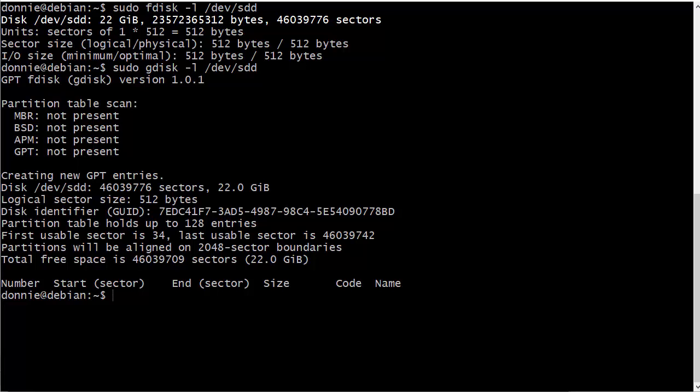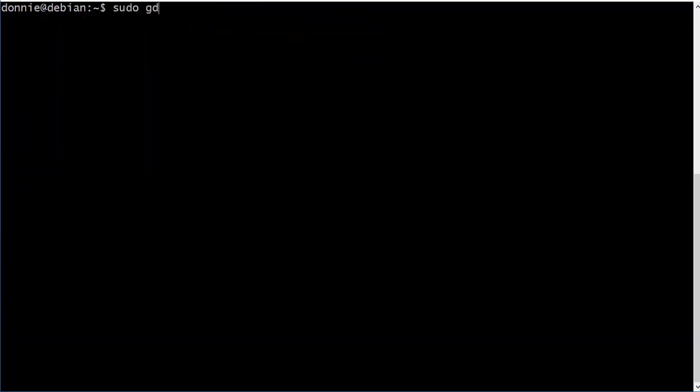So here you see on our Debian machine that we have been using, I've done an fdisk -l on that sdd drive that I have in here, and also a gdisk -l, and it shows you there I've not done anything with that drive as yet. So let's go ahead here and do a real quickie creation of a partition. And we'll just go ahead and use gdisk because, let's just say we want to be in the modern world in the 21st century and use a GPT partition instead of the old MBR. So it's going to be gdisk /dev/sdd,